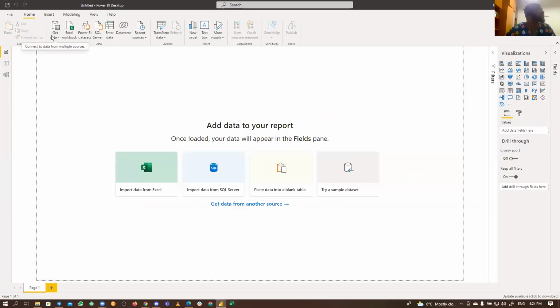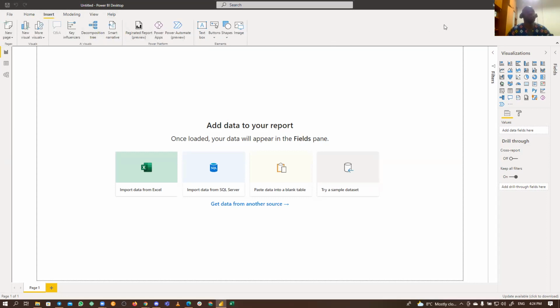Okay, so this is our Power BI, and this is how it looks. I'm sure many of us are familiar with this layout, this ribbon. Can you see my cursor? Yeah. This is Microsoft-esque, right? Because around 2009, Microsoft made all of their products have the same ribbon layout. So it's not a new thing.